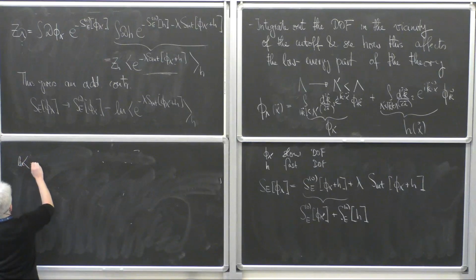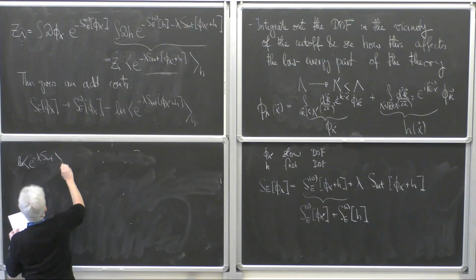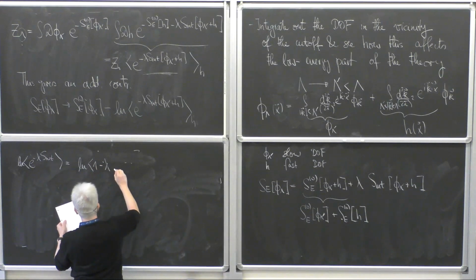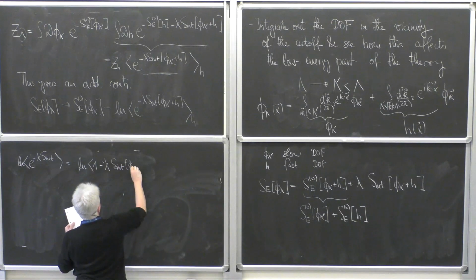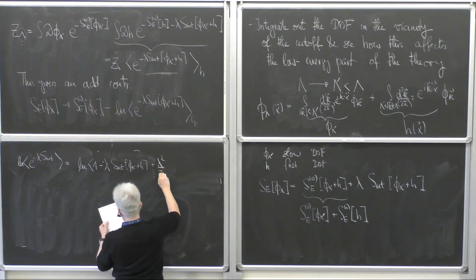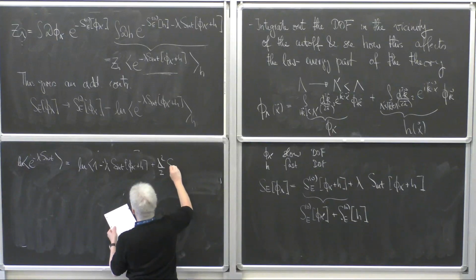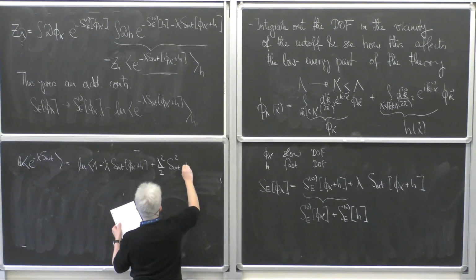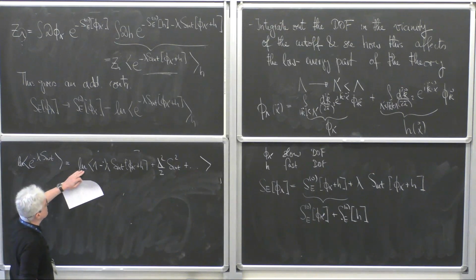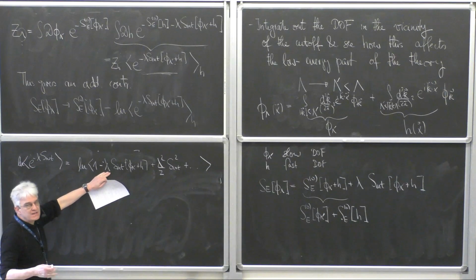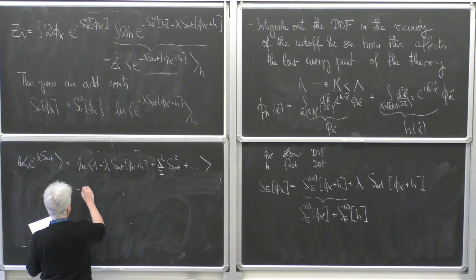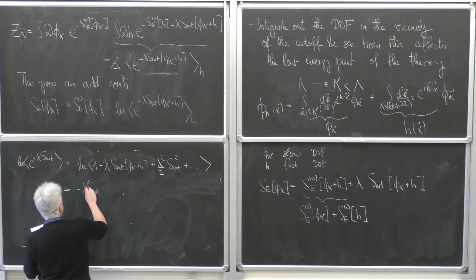So log e to the minus lambda S_int, I say, is something like log 1 minus lambda S_int of phi lambda prime plus h, and then plus lambda squared over 2 S_int squared plus dot dot dot. Just expanding the exponential. And now it's the log of 1 plus something small. Now I use that lambda as a small parameter. And then I get, this becomes minus lambda S_int